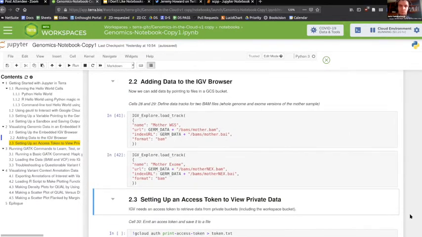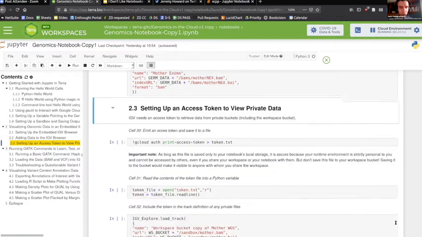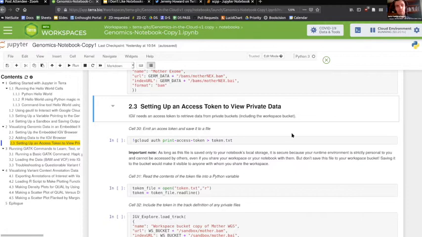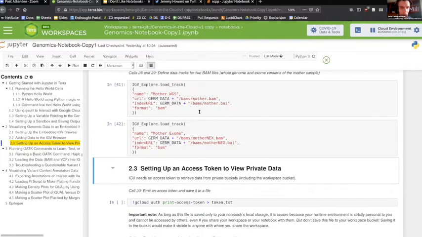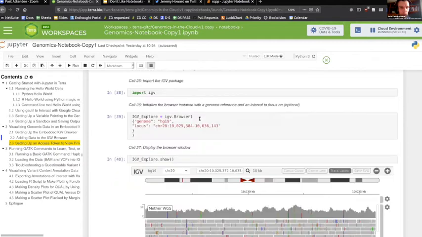So now we're looking at data. This is already quite cool because you don't have to download that Java program and then figure out how to run it and point it to your data. So now we're going to actually generate some data and look at that in turn. But before we do that, there's one more detail to cover, and that's what if you want to view private data? So here we basically, and I think I might have misspoken, so let me go back to the germ